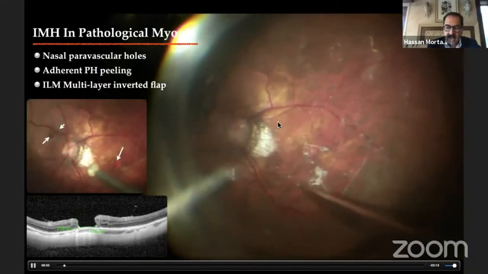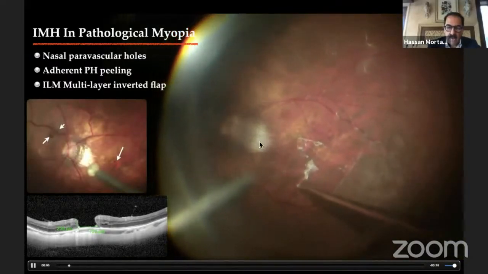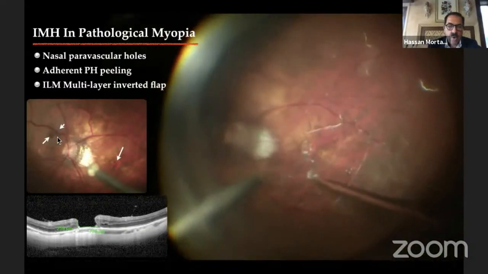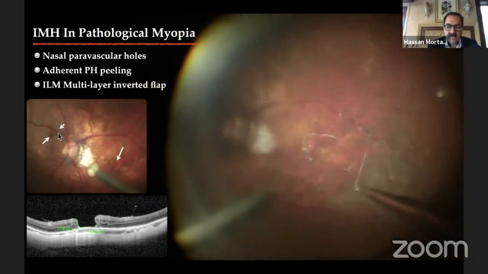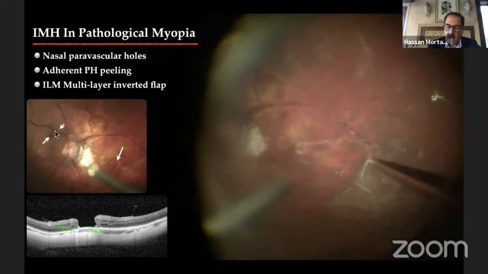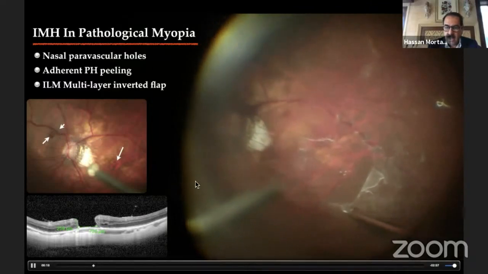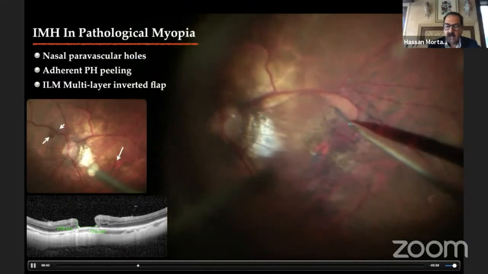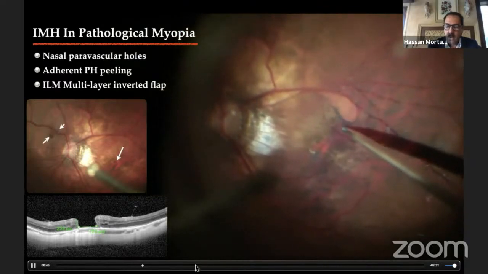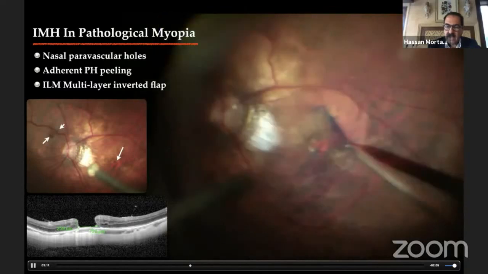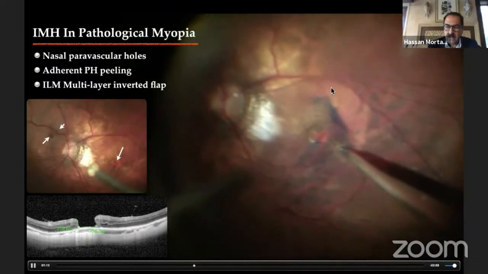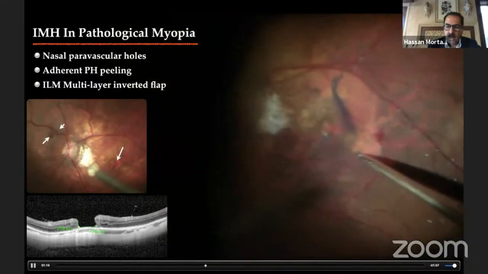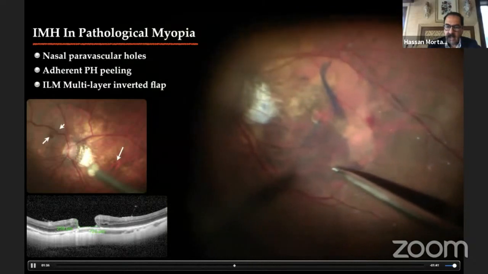This patient is a highly myopic patient with a myopic macular hole, and the patient also has two paravascular holes, denoting that there is traction along the paravascular area. The posterior hyaloid was peeled, and then the internal limiting membrane was peeled, creating flaps, also starting from the lower temporal arcade, moving toward the macular hole